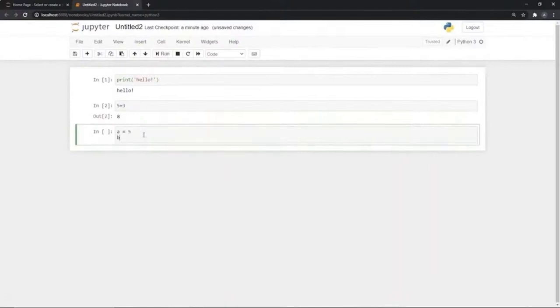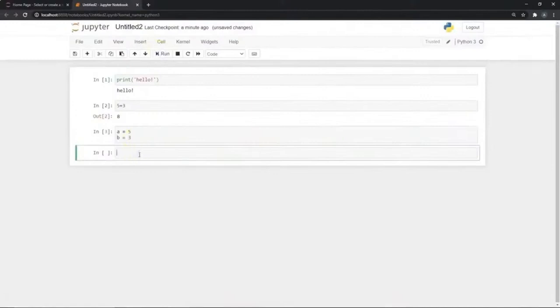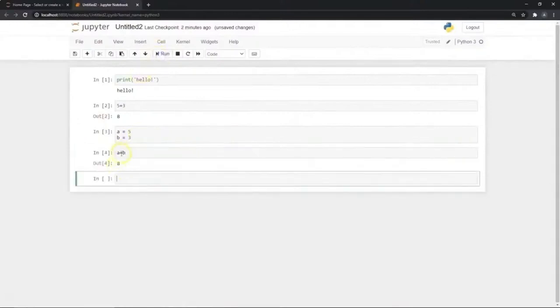So I can do this, and I can do this. Now this line will store the variables. Now I want to do the addition of 5 plus 3, but I want to use the variables, and I want to see what's the result. As you can see, a plus b means 5 plus 3, which is 8. I've essentially broken down various parts of my previous script into its individual tasks, and I'm able to see what each part of that script does.